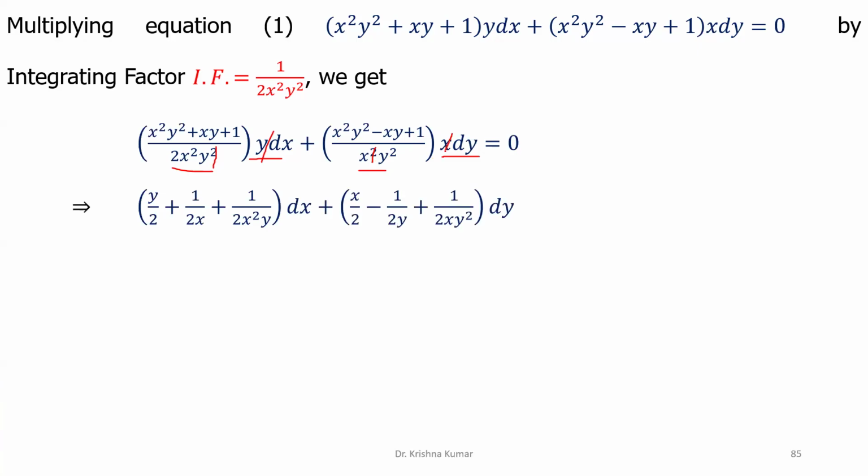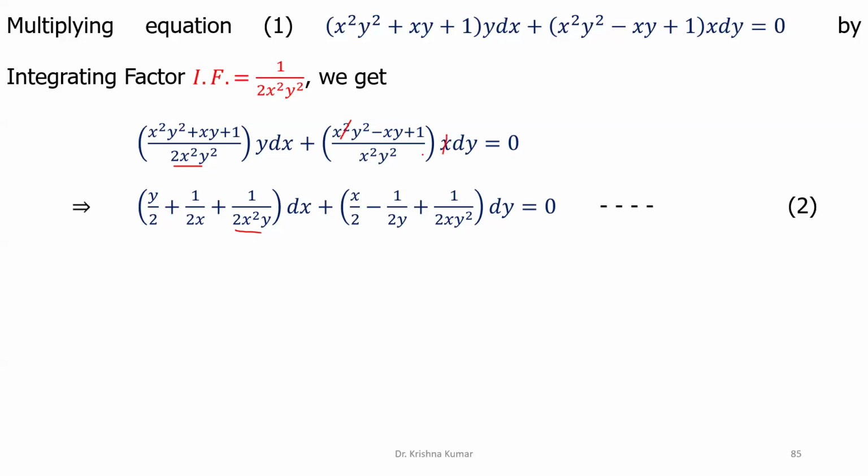So x square y square upon, so x square will cancel and one y will be cancelled. So we have y upon 2 as the first term. Similarly, in the second term, x will cancel, y will cancel, then it is 1 upon 2x. Plus, if we take the last term, 1 upon 2x square y whole dx plus,